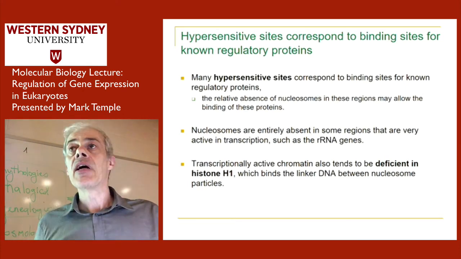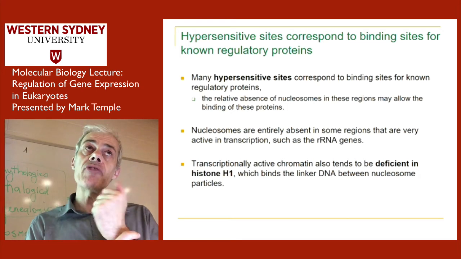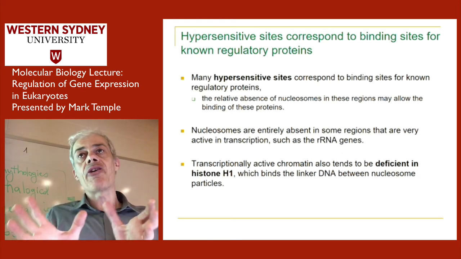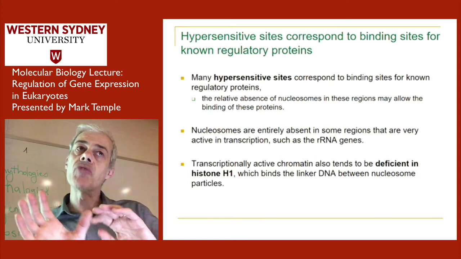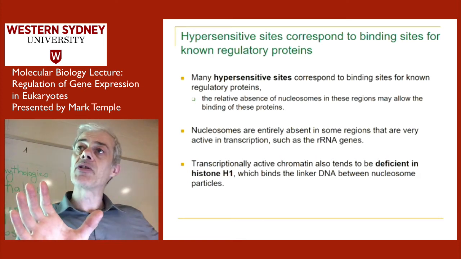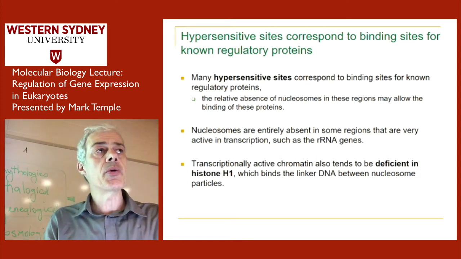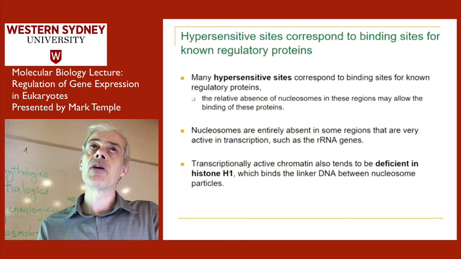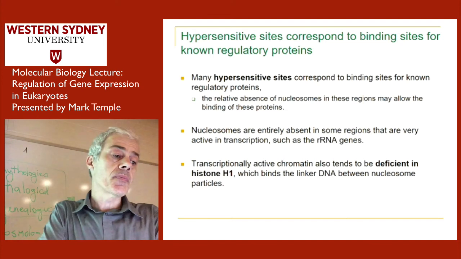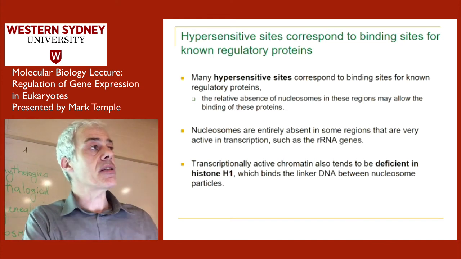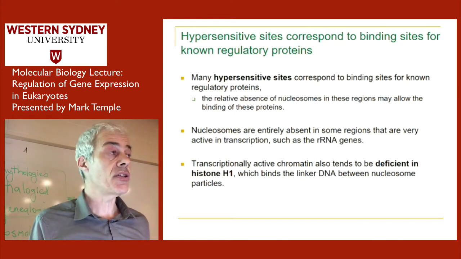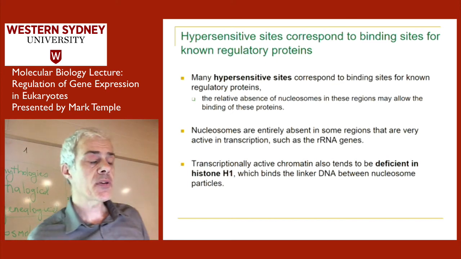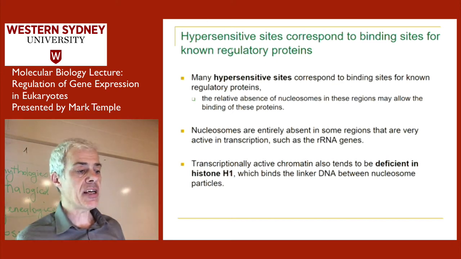Okay, so I've been talking about this concept, and I've got some slides that talk about this as well coming up, that the regulation of eukaryotic genes is affected by regions that are very distant from the promoter. So in the slides I'll show you, it can be up to 50,000 base pairs away. You can get regions of DNA that are thought to be involved. Now, some of the evidence that supports this notion is talked about here.